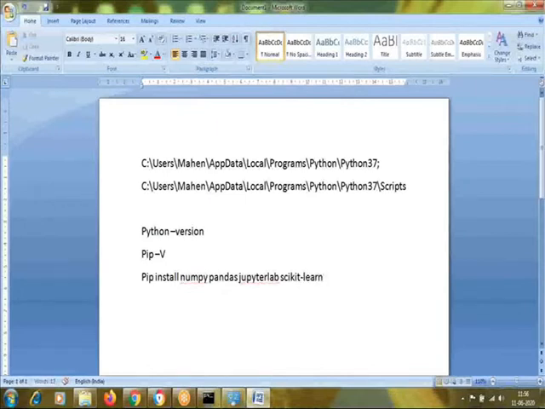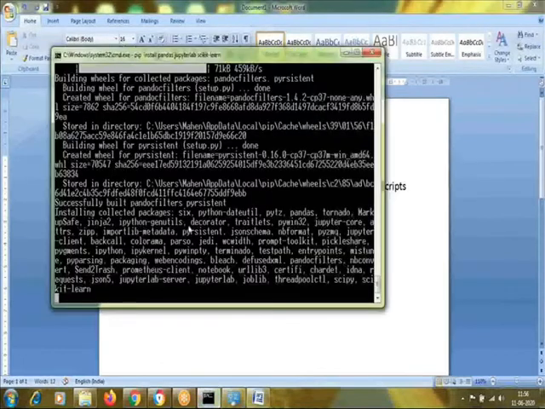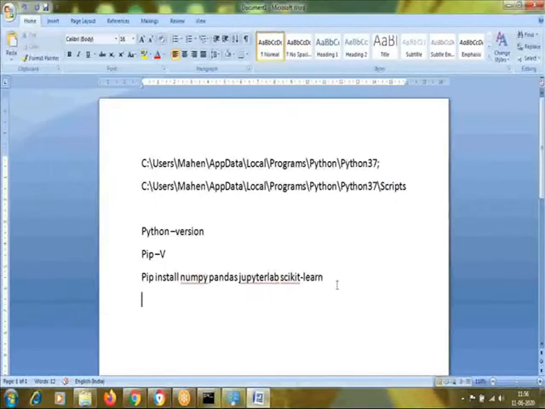This way you can do the installation. Once the installation is done, we will go to Jupyter Notebook for further processing.